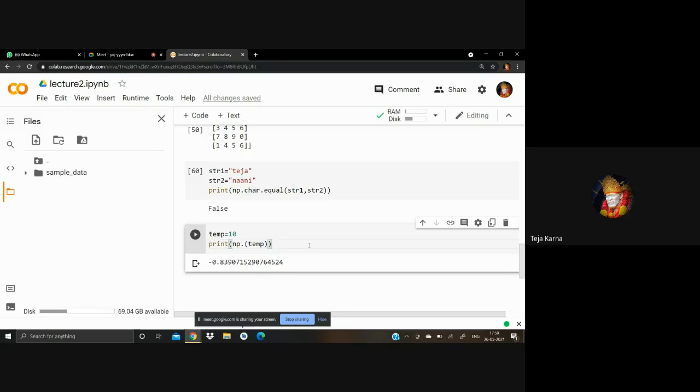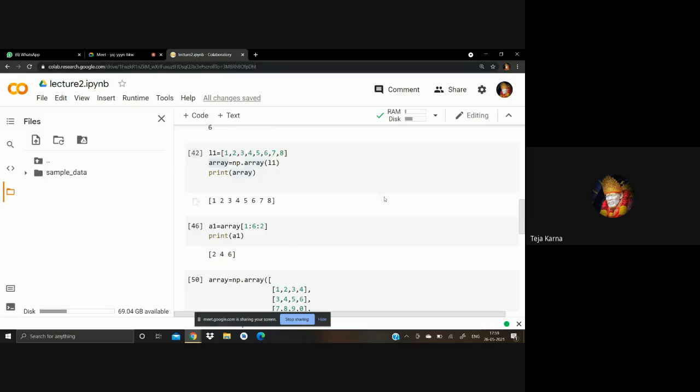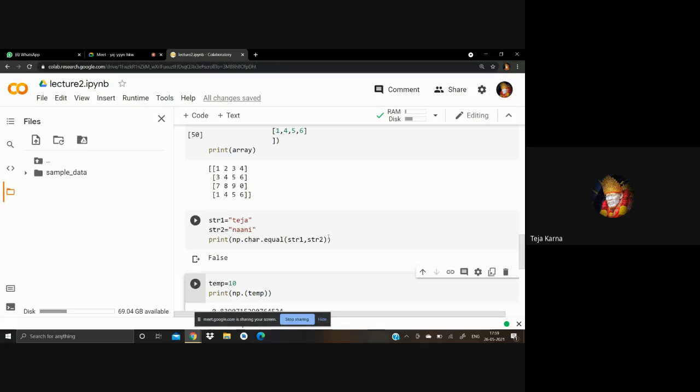Then we have seen the numpy module, where we have seen creating an array, indexing and slicing on 1D and other 2D, 3D dimensional arrays as well. Then we had seen some inbuilt functions, how to work on arrays and how to work on strings, like equal to, to find out whether strings are equal or not.